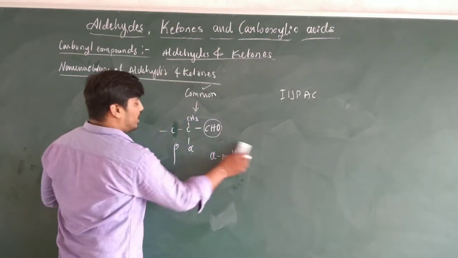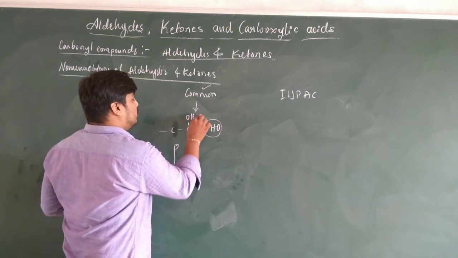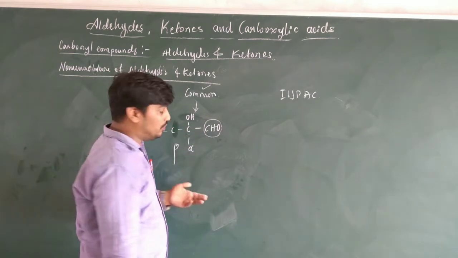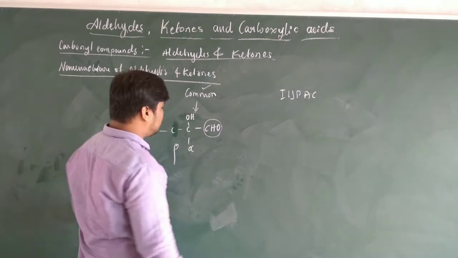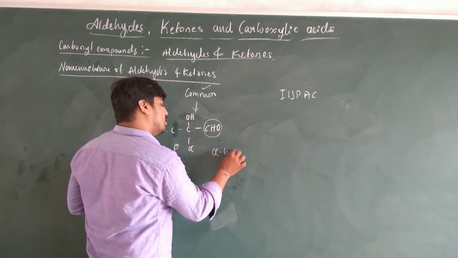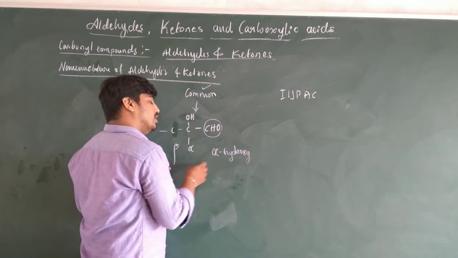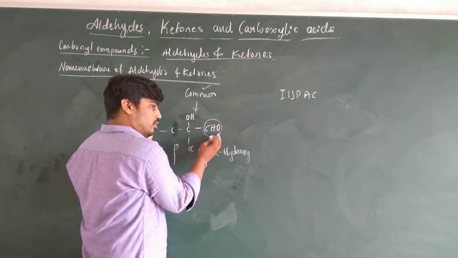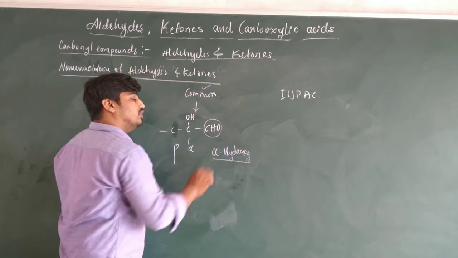Or if it contains a higher substituent, meaning a second or third priority functional group, lower in priority than the aldehyde, ketone or carboxylic acid, this hydroxy group is known as alpha hydroxy. How to name this compound? Alpha hydroxy. The name of the compound is prefixed using alpha hydroxy during the common naming